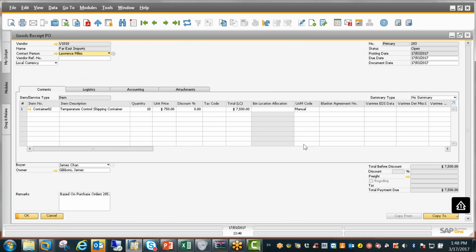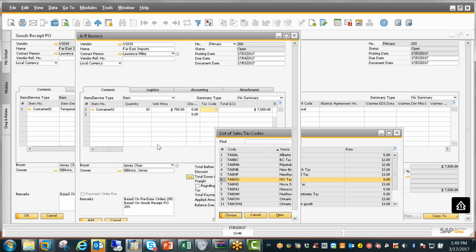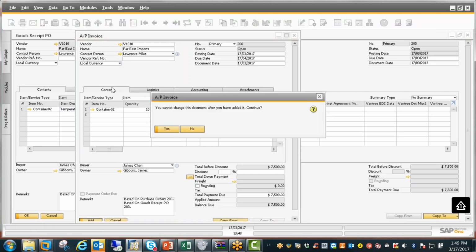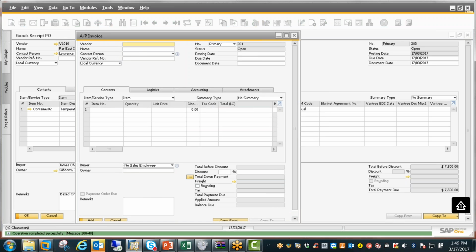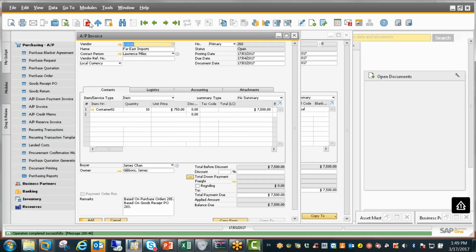Okay, so we're adding the AP record. Now, when I go back to my fixed assets,